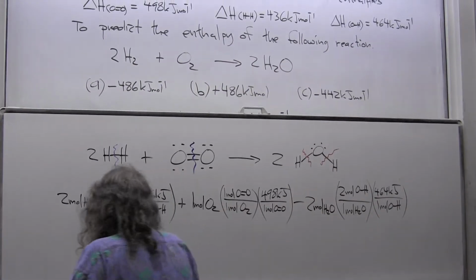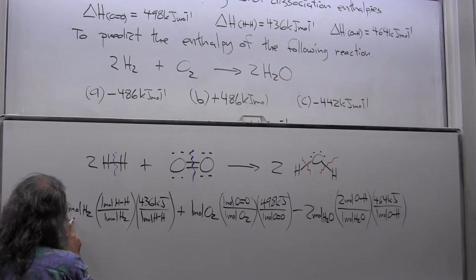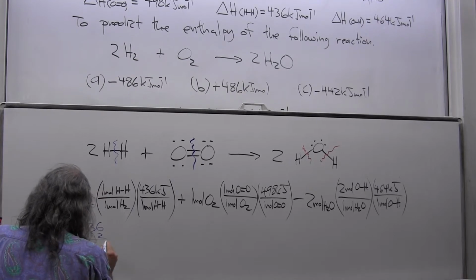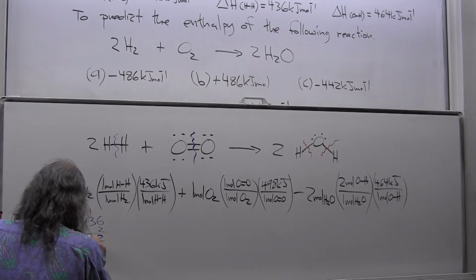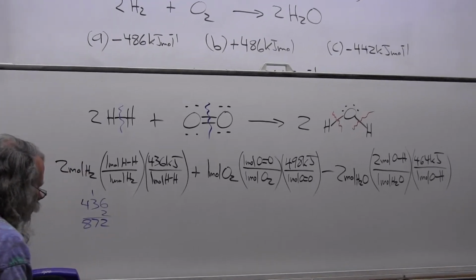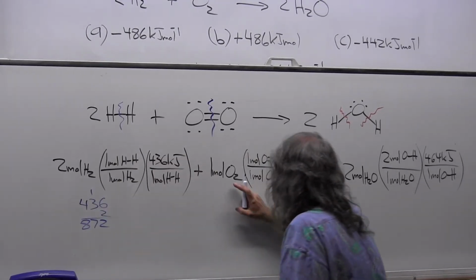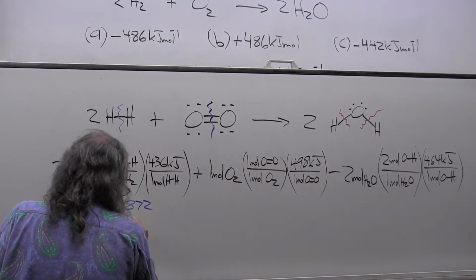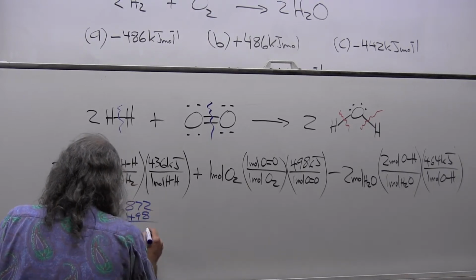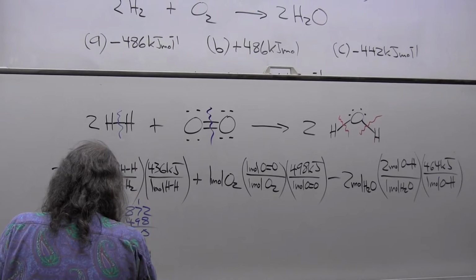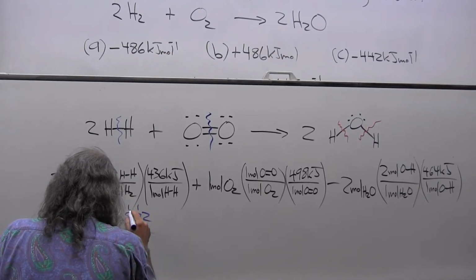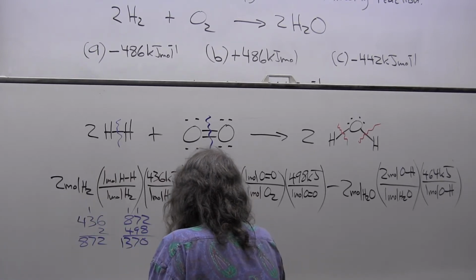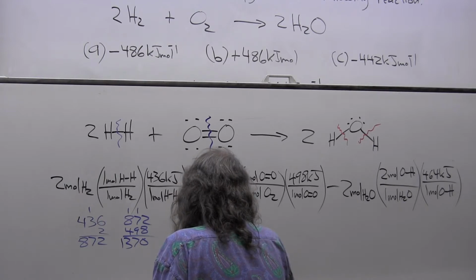So what I have to do mathematically now on my scratch paper is multiply 2 times 436, which is 872, plus 1 times 498. So I have 872 plus 498, which is going to give me 1370. So that means it's going to give me 1,370 kilojoules per mole